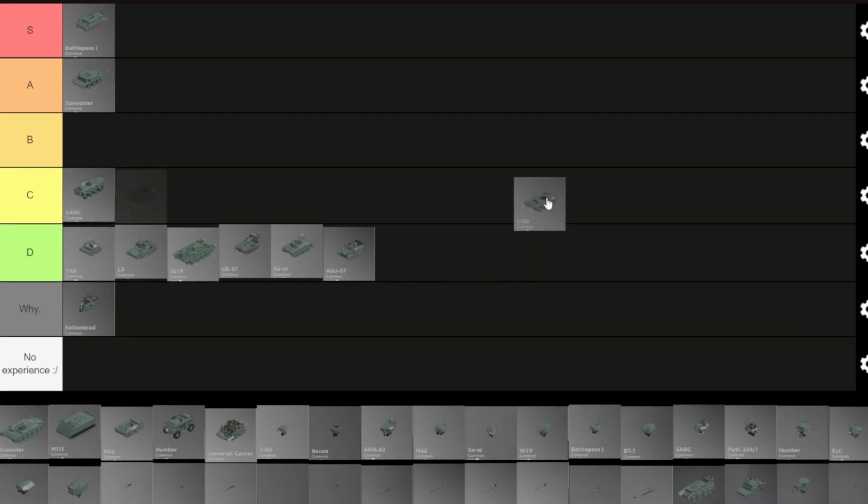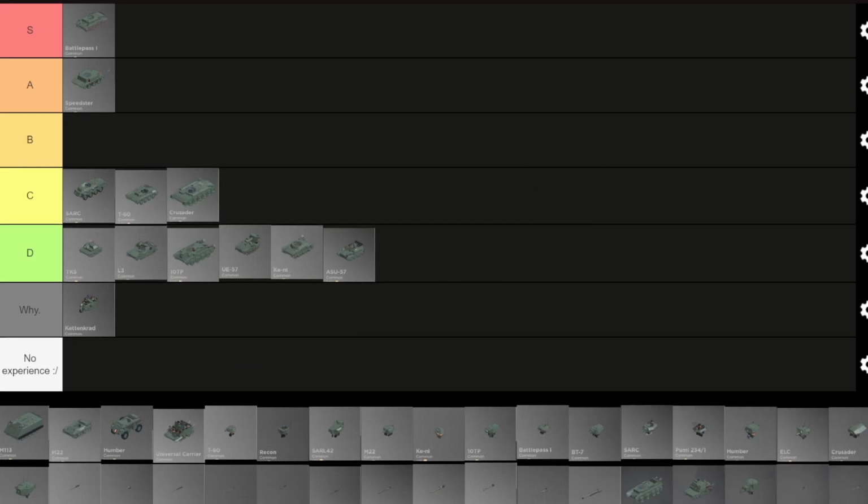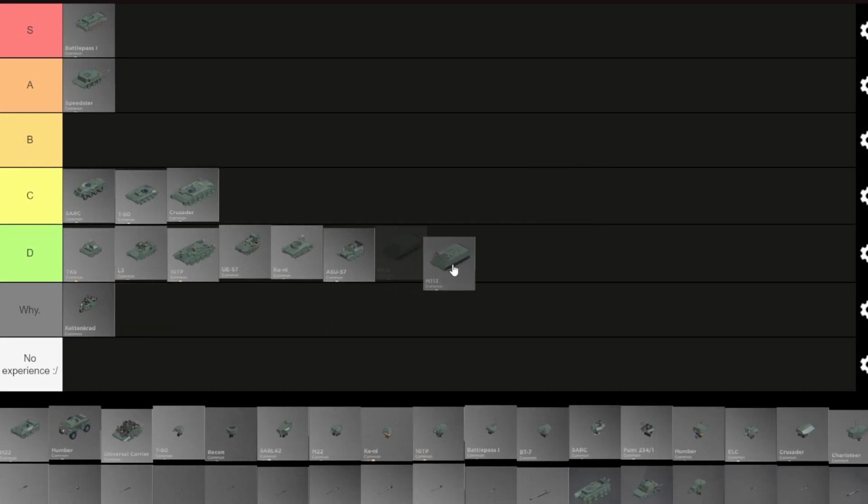T60. It's got average armor and it's low profile too. Quite fast, nimble, so C. Crusader. It's basically a slightly better 10 TP. C. M113. This thing is way too fat to be good. I mean, you can tank some shots with it. If someone shoots an AP round at you, they might not even hit anything, but there's a giant ammo rack